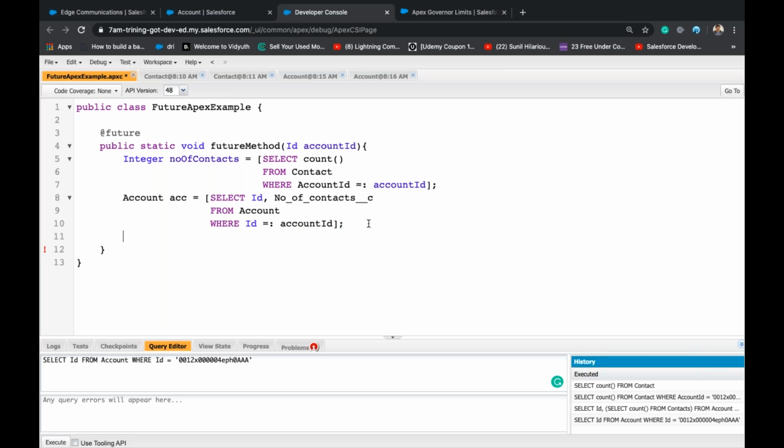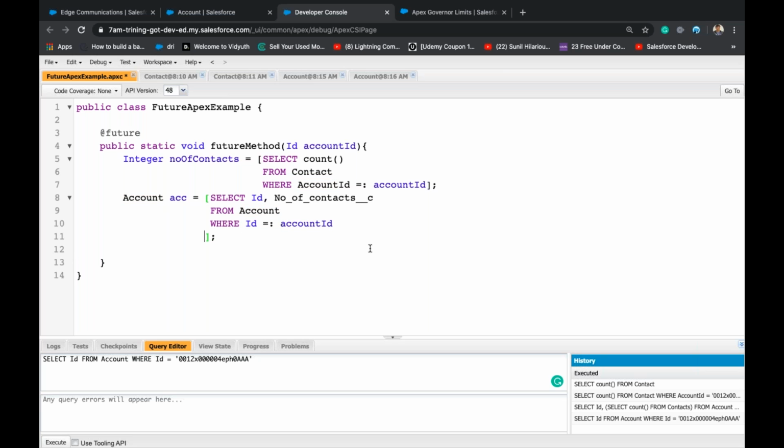So we should bulkify this actually. We should put in a for loop. See, this will return only one record, so it can be stored in a single variable. But if you are referring to single variable, always use limit.